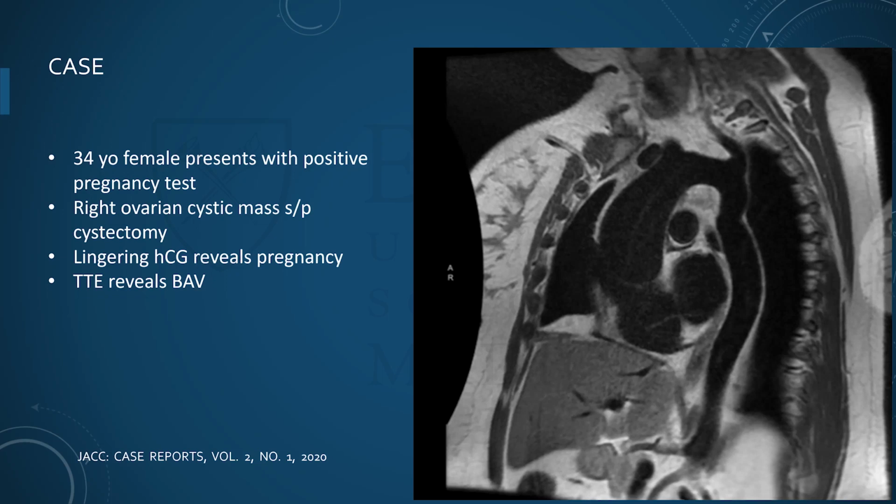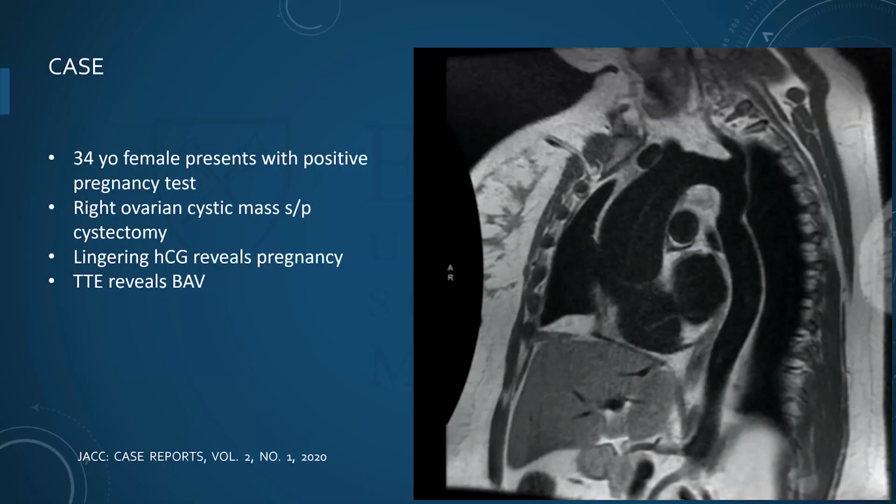So after having it resected, her beta HCG remained elevated, and she was found to actually be pregnant. And so she underwent counseling and decided to move forward with the pregnancy despite having this dilated ascending root. So she underwent screening by TTE every 4 weeks. She had extensive genetic counseling about the risks, and she was started on a beta blocker, and she was actually able to deliver